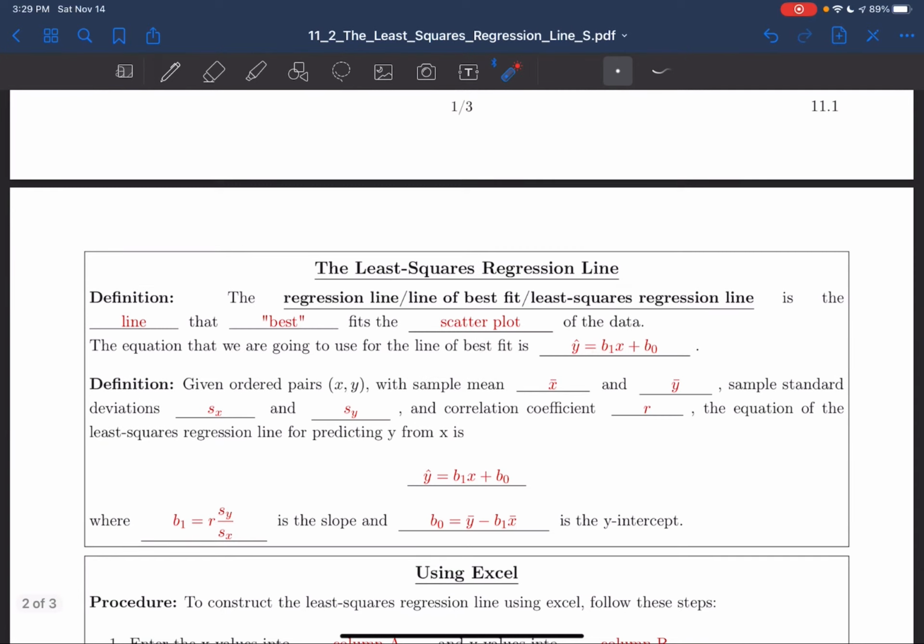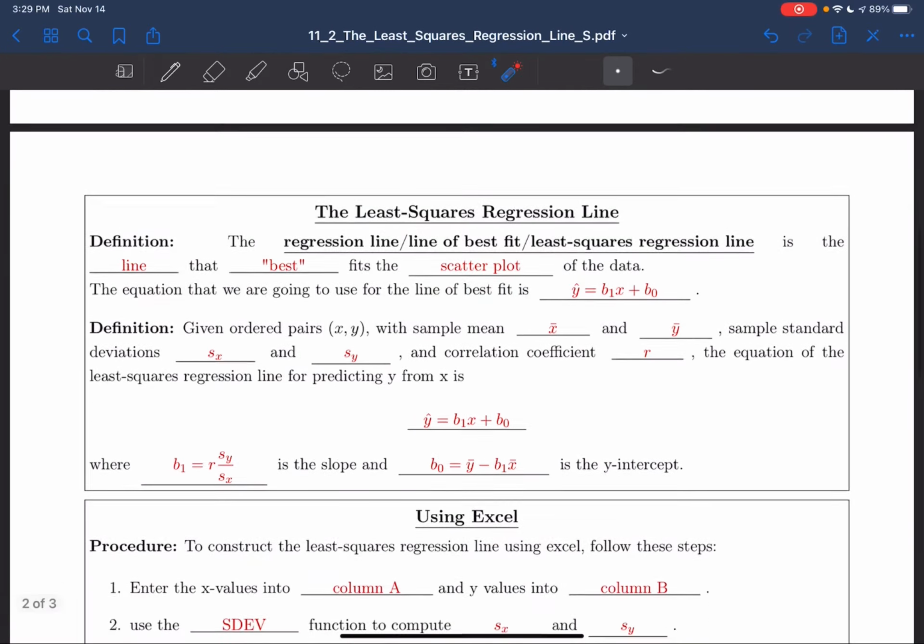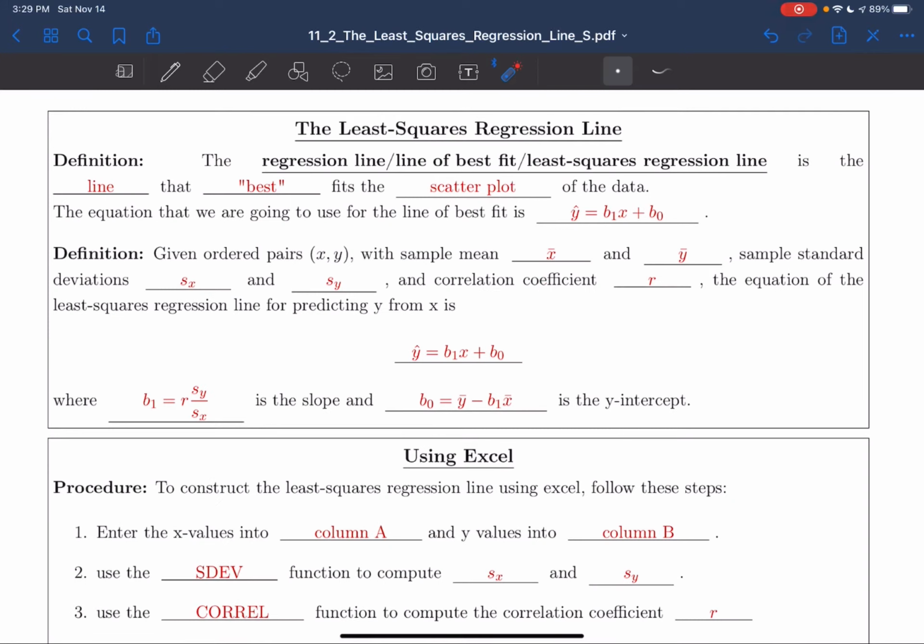So how do I get these values? How do I get these b1 and b naught? Well, this is how we compute it. Given ordered pairs x and y with sample means x bar and y bar, and sample standard deviations sx and sy. Again, sx and sy are just the sample standard deviation of our x values and of our y values. And then we have to have the correlation coefficient r. The equation of the least square regression line for predicting y from x is this, where b1 is r times sy over sx,